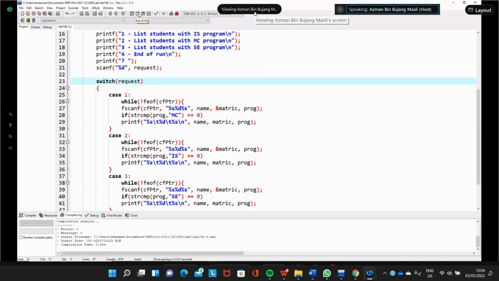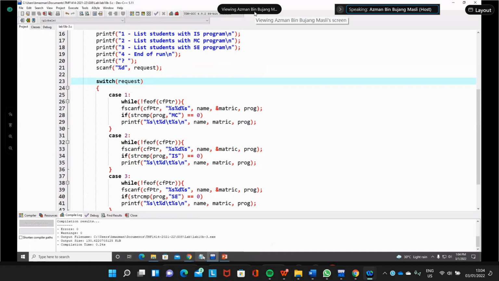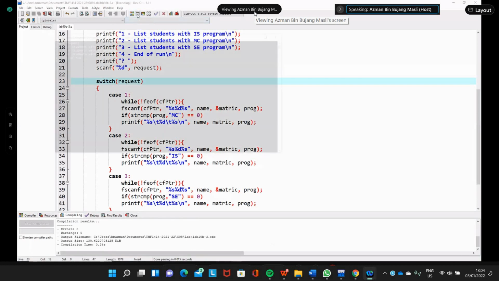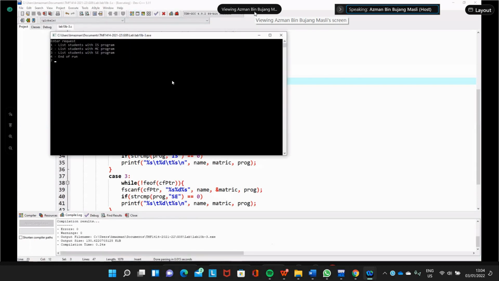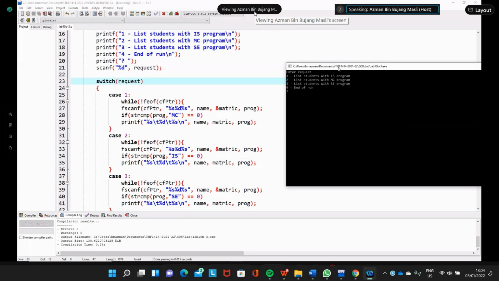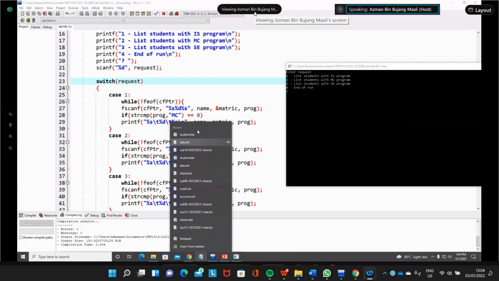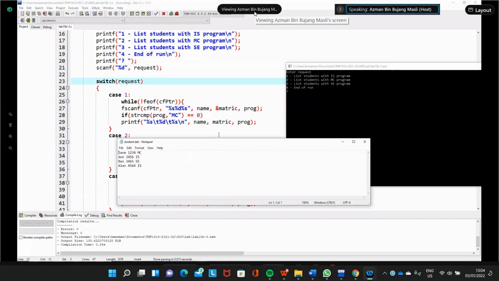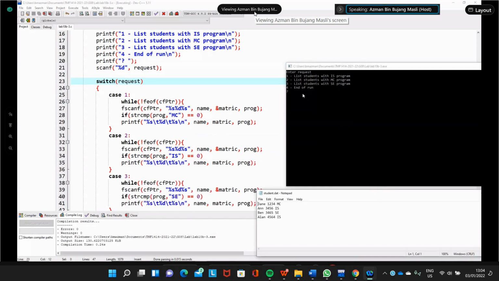Run it again. We have the data file already, not sure whether it's correct. Here we have the run, and then we have the data. Look at the data. We have MC, IS and SE. So we check the first one. We don't get it to run. Close the program.